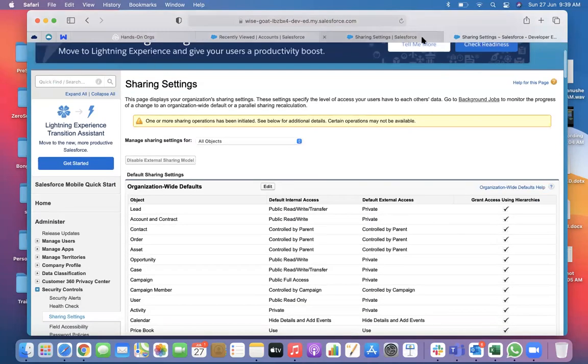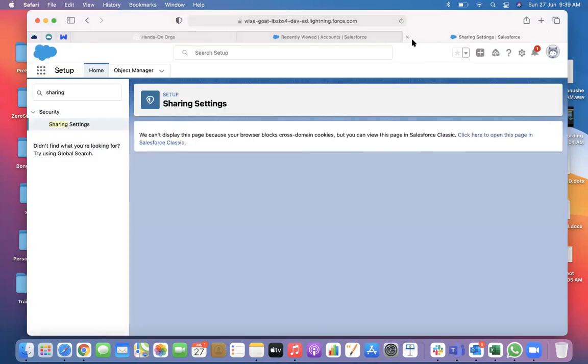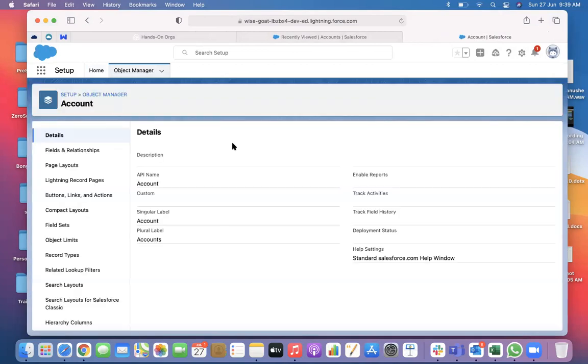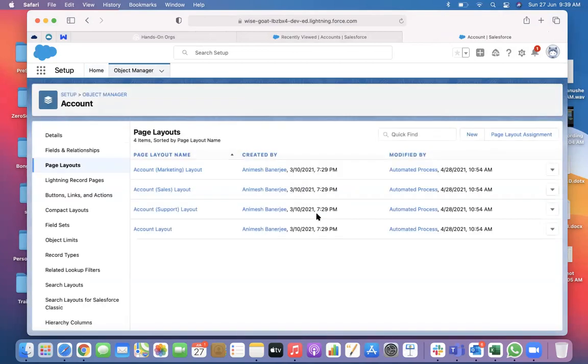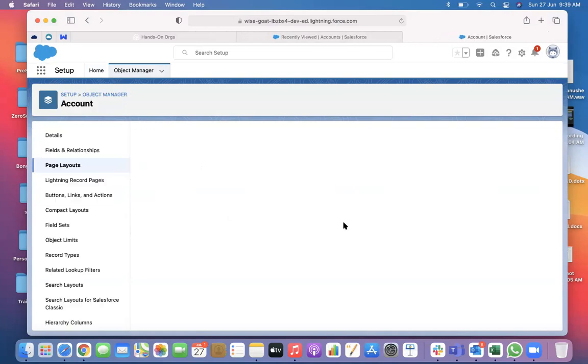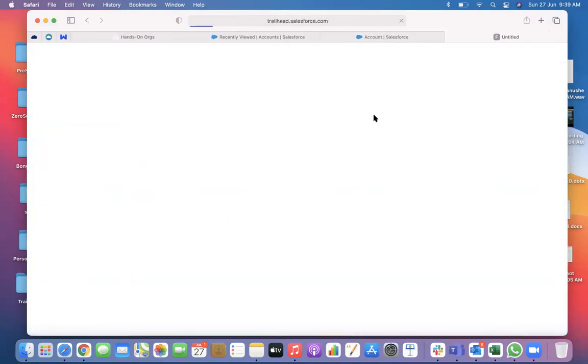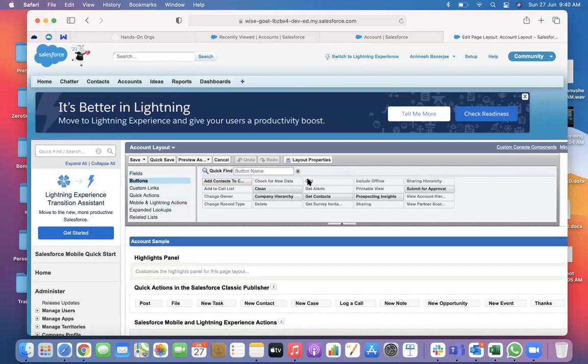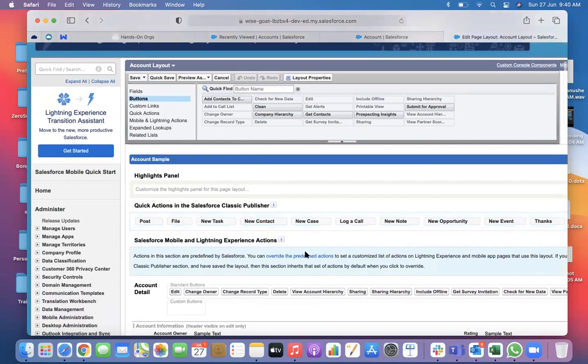And then if you go to the account record, we are opening the layout. The sharing button is already there.